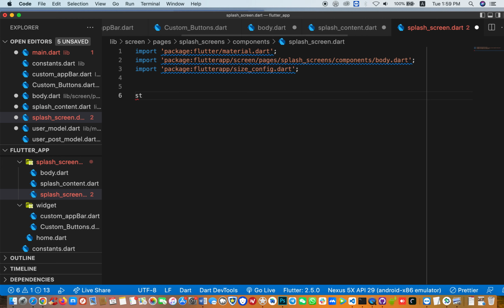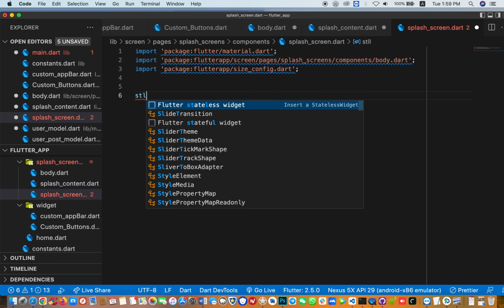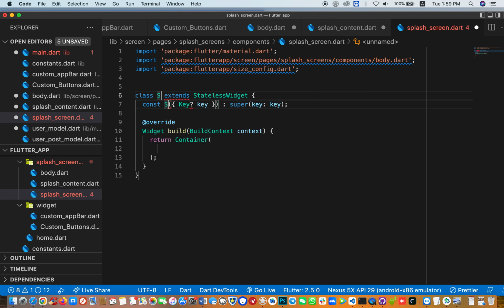So first I'm going to create a stateless widget here, and I'm going to call it the splash screen. Splash screen. Okay, good. And for this, in the builder, I'm going to return a scaffold. Scaffold here. And with the scaffold, I first need to